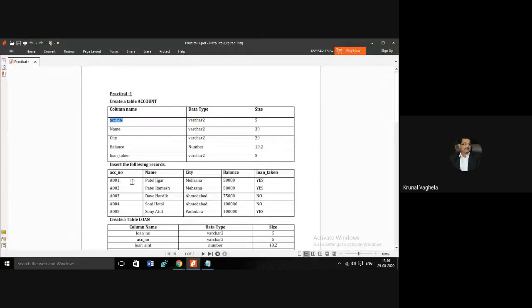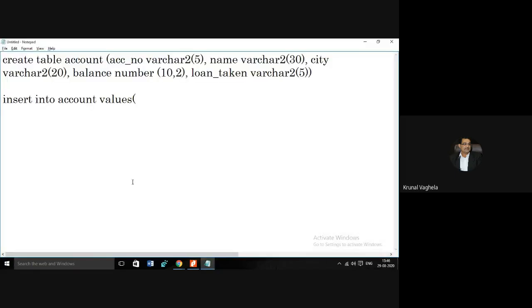Account number is A001, name is Patel Jigar. When you have varchar2 data type, you need to enclose it in the single quote like this. This is the single quote. So A001 is the first value, comma, space, name, single quote. Name is also data type varchar2.